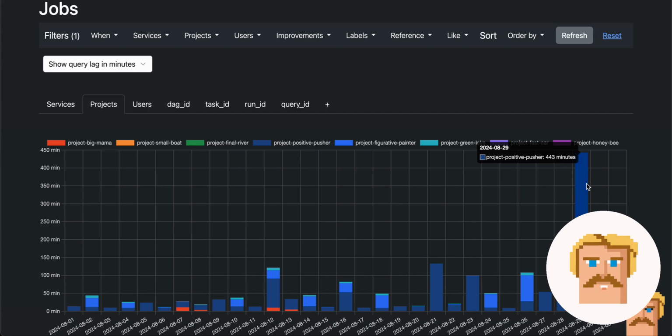So, how do you fix it? There are several steps. You start by identifying the projects that lag. So the screen you see allows you to do this very quickly. For the presentation, we're going to focus on the project positive pusher, and then there's the second step, which is